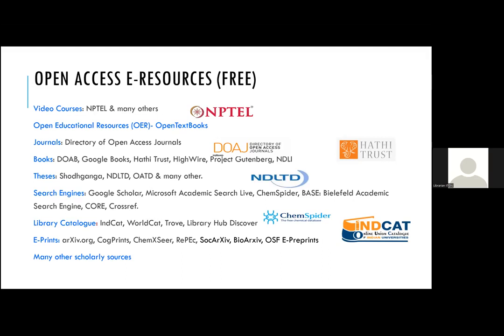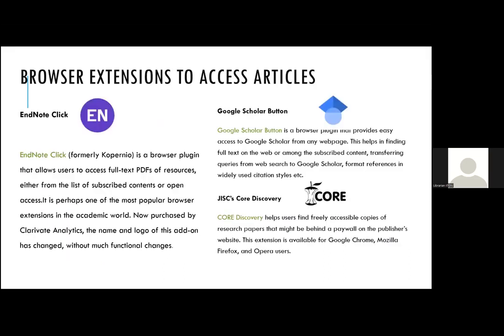I'm not going to go into the details, but suffice to say that there are plenty of scholarly electronic resources under each category, which can supplement these subscribed e-resources. And in order to enable our faculty and students, our end users, to identify quickly when they go to Google Scholar or any of these scholarly search engines and do a search, they should be able to quickly locate these articles, whether they are within the paywall or freely available open access articles.